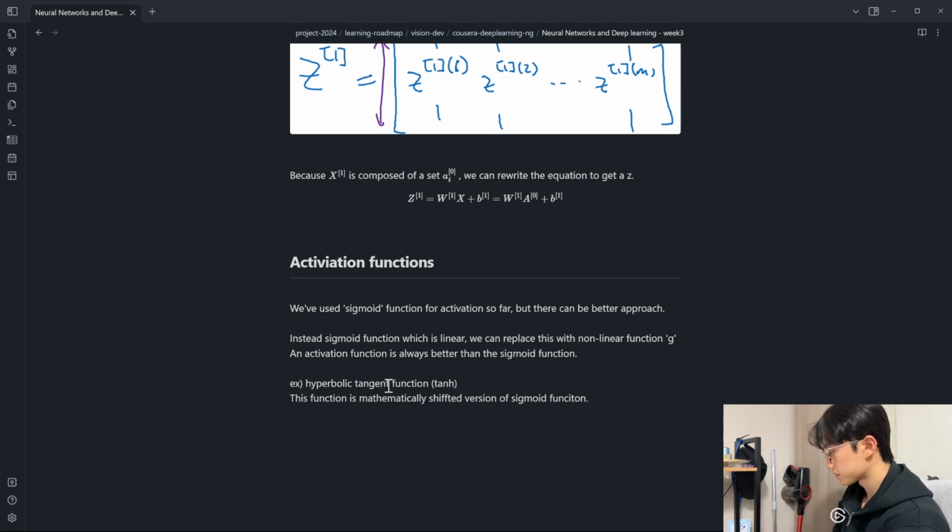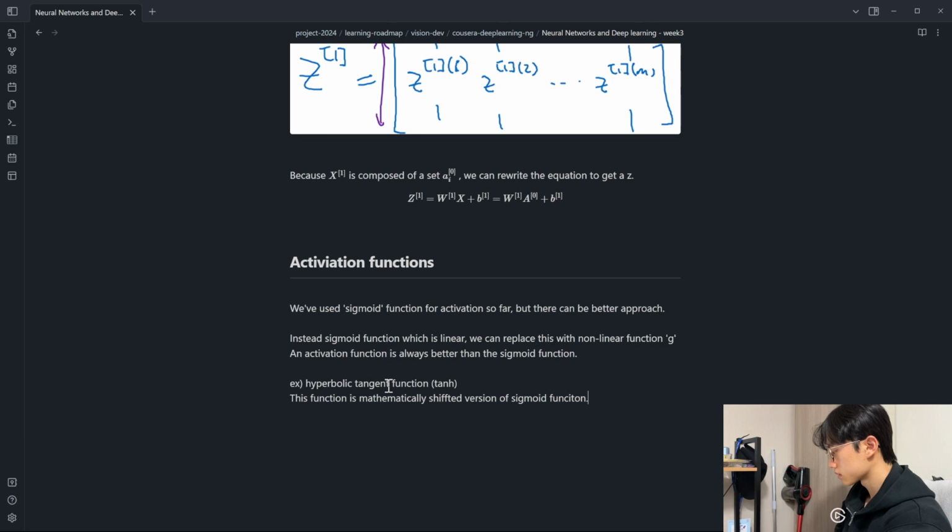So it's a sigmoid function just like that, but shifted so that it now crosses the 0,0 point and is scaled so it goes between -1 and +1. And it turns out that for hidden units, if you let the function g of z be equal to tanh of z, this almost always works better than the sigmoid function